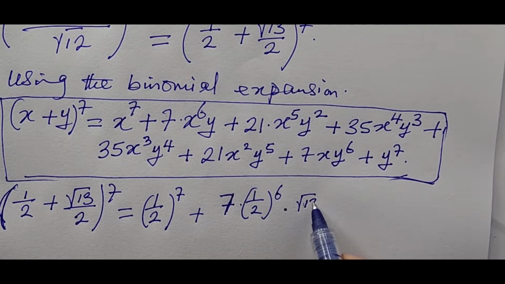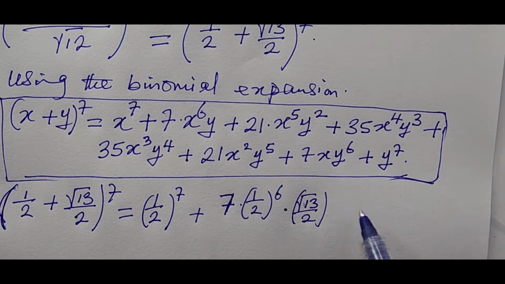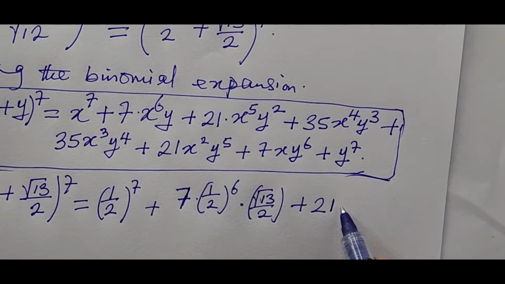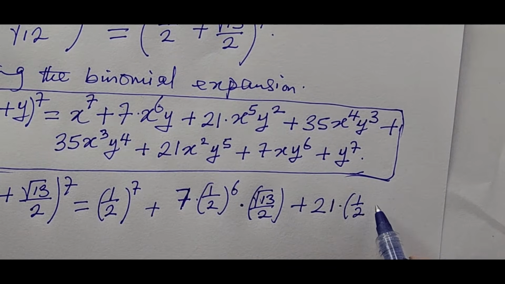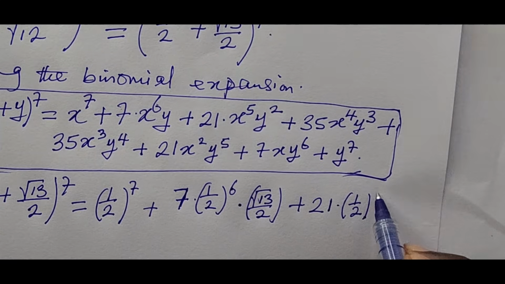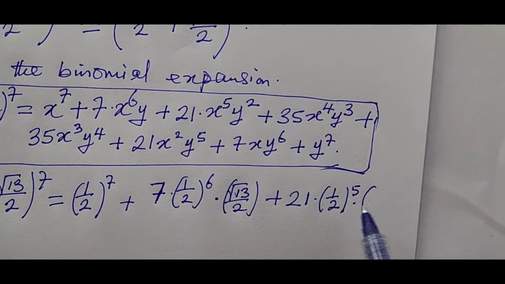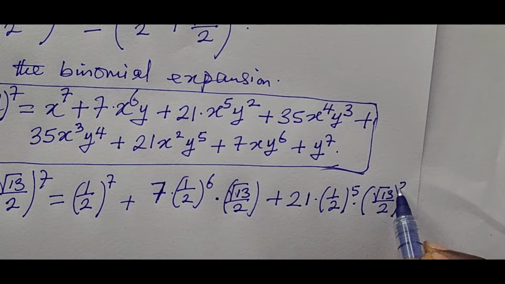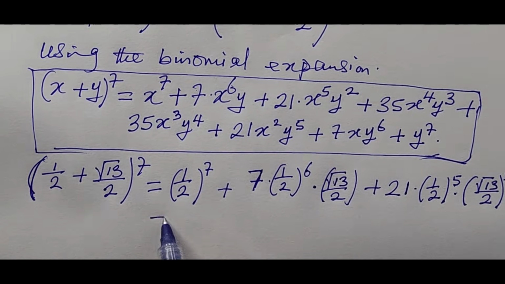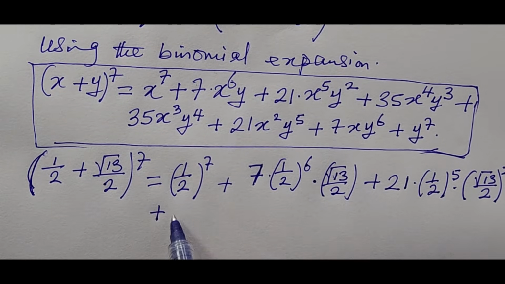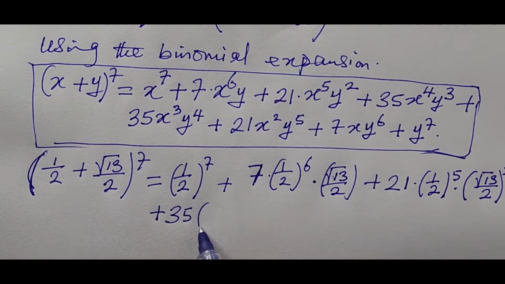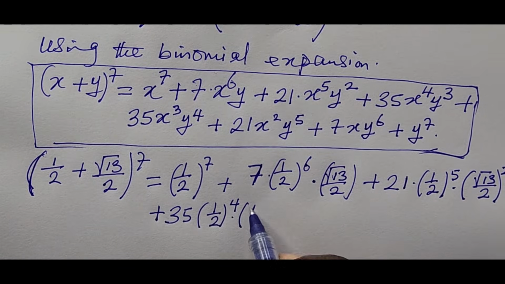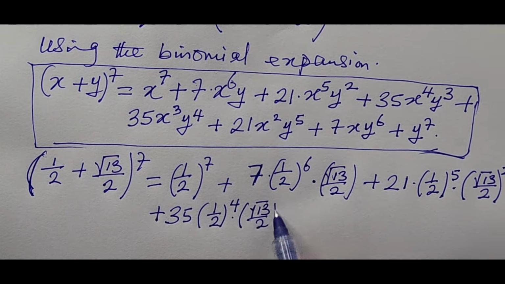then times the square root of 13 all over 2, close bracket. Then plus the next one gives us the coefficient of 21, times 1 all over 2 all raised to the power of 5, times bracket open the square root of 13 all over 2, all raised to the power of 2. Then the next one gives us plus the coefficient 35, then bracket open 1 all over 2 all raised to the power of 4, times the square root of 13 all over 2 all raised to the power of 3,